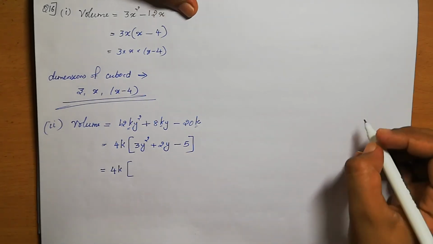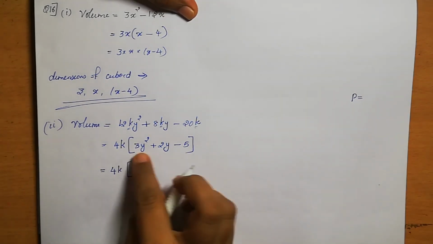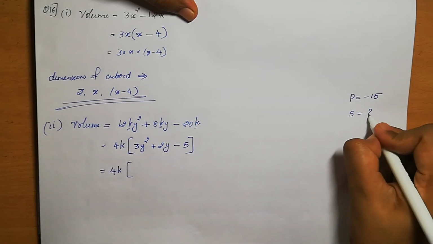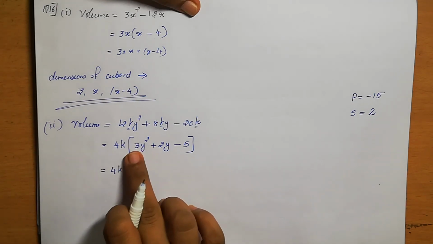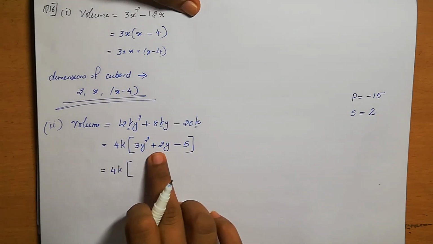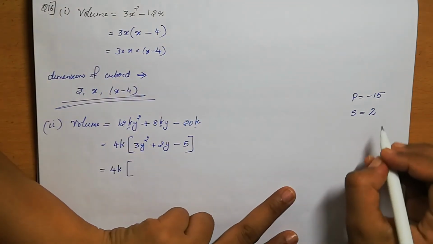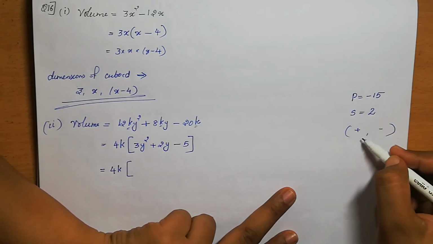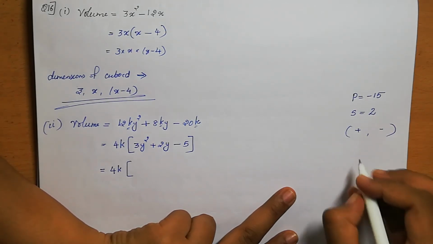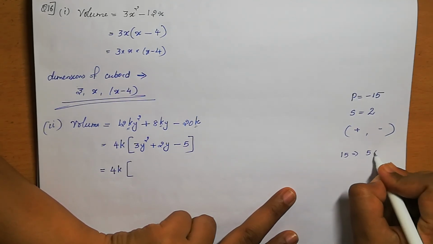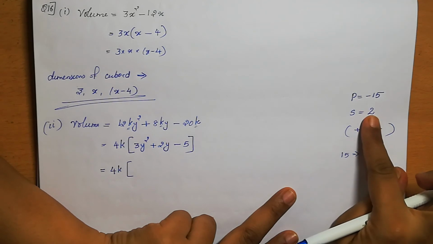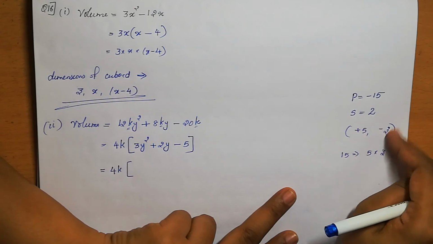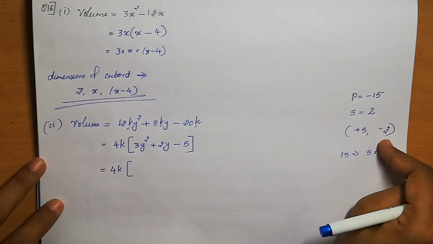We can split the middle term. That means the sum and product method. Here the product is equal to 3 into minus 5, which is minus 15, and the sum is 2. Coefficient of y is the sum, right? Coefficient of y square into constant is the product and coefficient of y is the sum. So here we can see that the product is minus. That means one number should be plus and another number should be minus. The sum is plus, so the larger number we need to keep as plus. Product 15 means what are the numbers? 5 into 3 is 15. 5 minus 3 is also 2, satisfying. So 5 and minus 3. 5 minus 3 is 2. 5 into minus 3 is minus 15. So the split terms are 5 and minus 3.